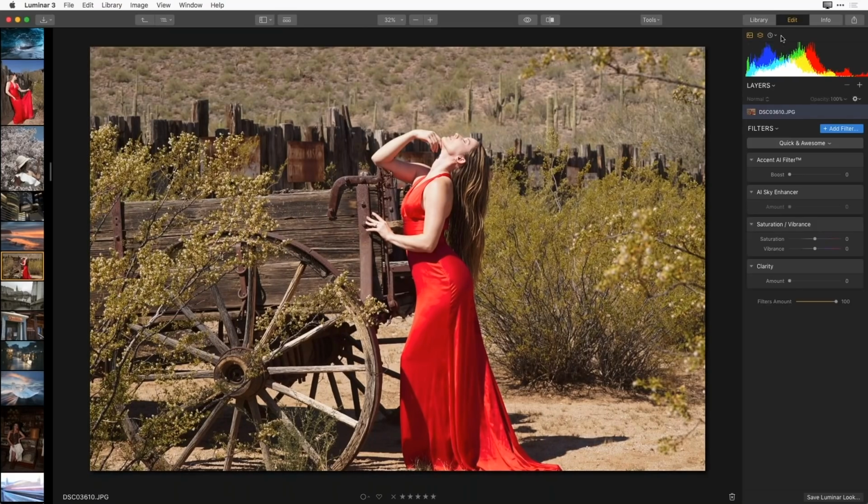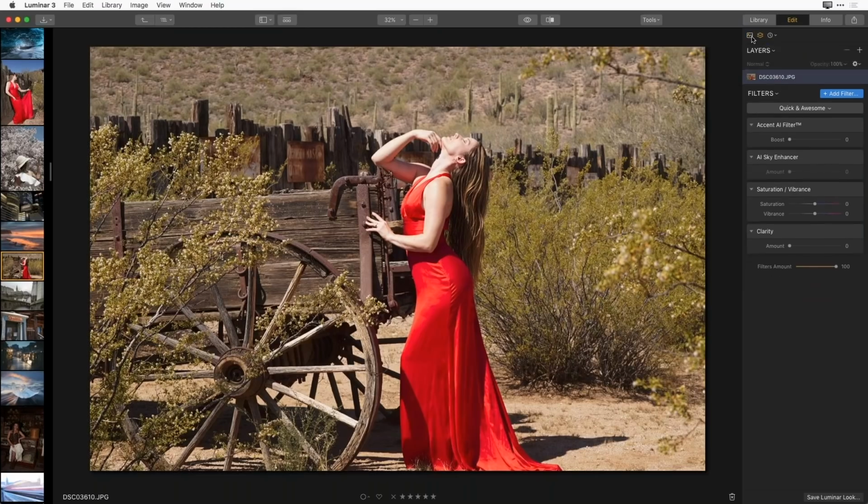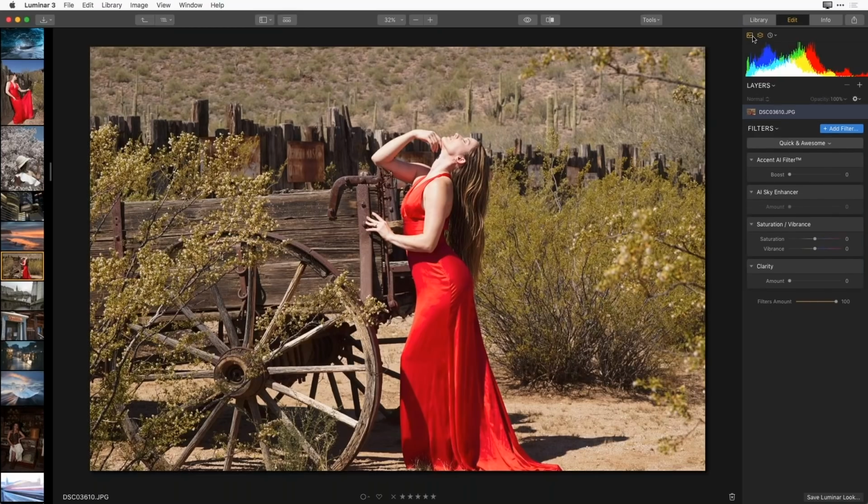So if we look at these top 3 buttons, we have the options to hide or show our histogram. We also still have layers, as you can see. Again, easy to turn it on and off. Now, the new location for something you might be familiar with is the history panel. Now, obviously, I haven't done any editing to this, but the history panel, and this is one of the things